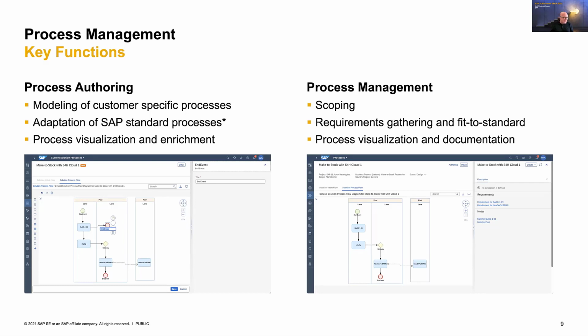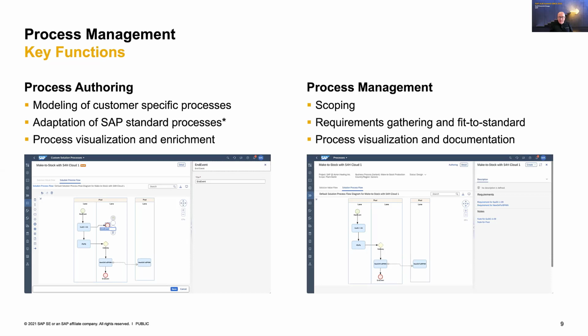Is it in design? Is it already in realization? Or is it even already in production? That's all what you do on the right side in the process management portion. So left-hand side, authoring, right-hand side, solution implementation, so to say, and both following the enterprise architecture methodology principles.